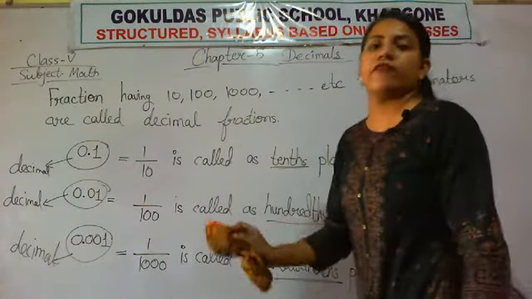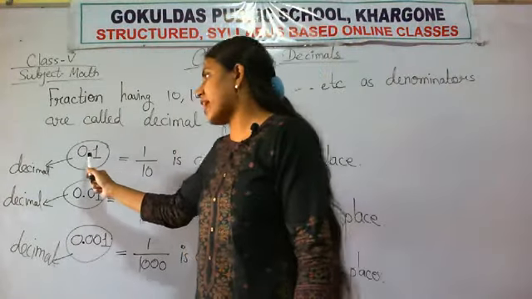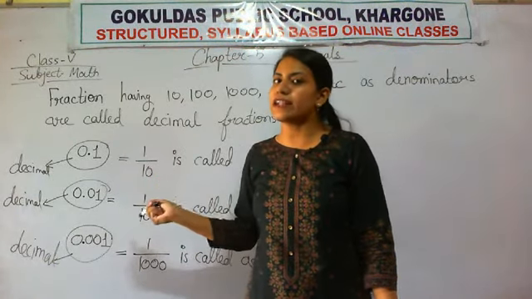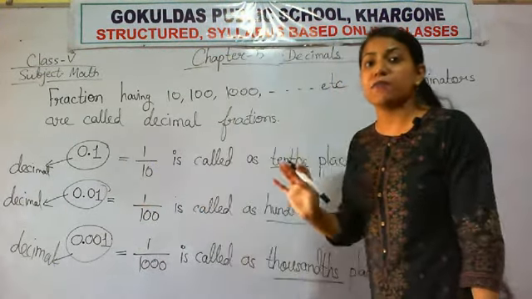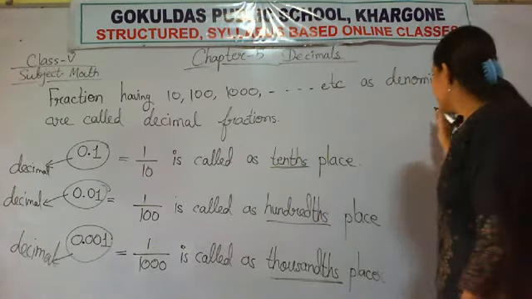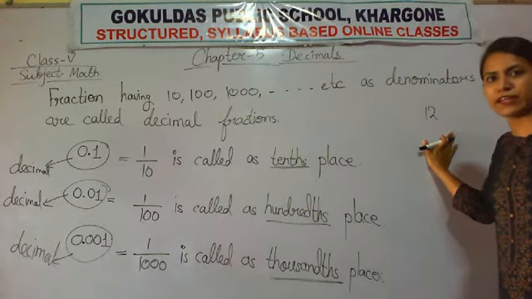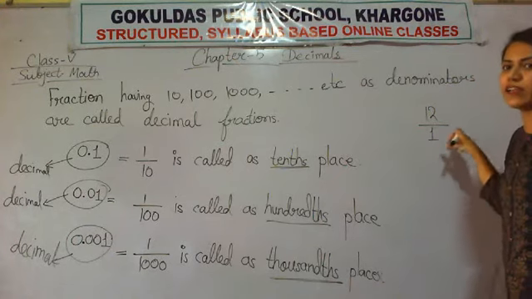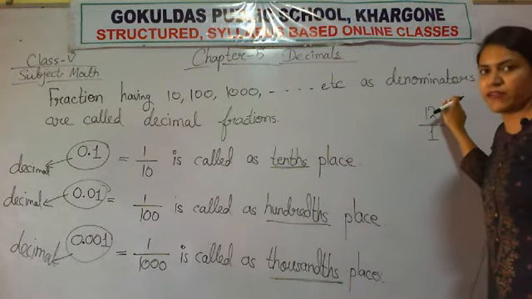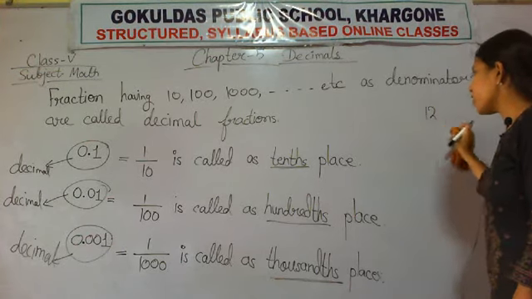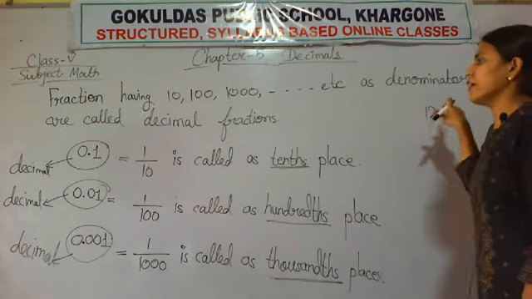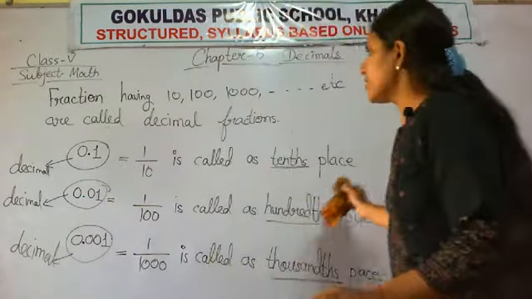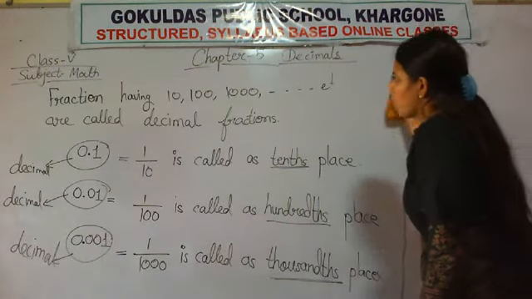So I hope you got what kind of numbers we call decimal numbers. The numbers having a point are called decimal numbers. The numbers having a numerator and denominator part are called fractional numbers. The numbers which don't have any denominator, like the number 12, simply written, are whole numbers. But if I write something in its denominator, now it is a fractional number. If there is nothing in the denominator, it is a whole number. Now you understand this. Let us discuss some more things about decimals.